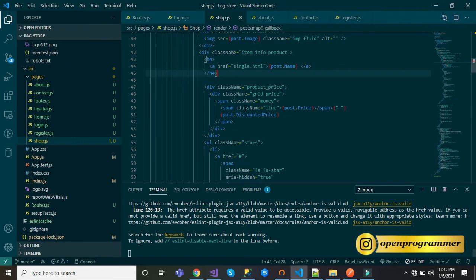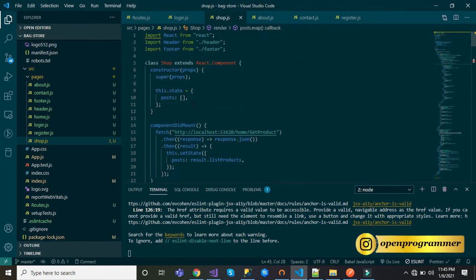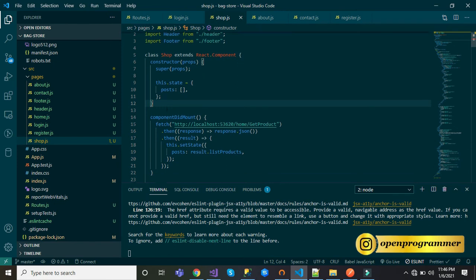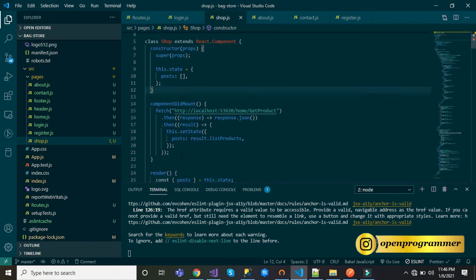Let me recap. First, I have converted this functional component into this class component, and in the class I have declared a constructor. In the constructor we have declared a blank array of post because this is the initial state of this object. Now we have created componentDidMount, which is React's lifecycle method.